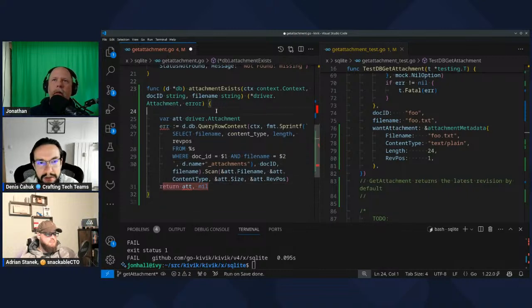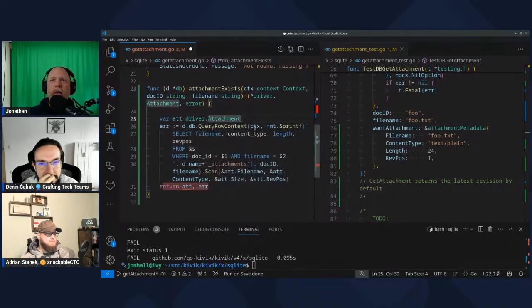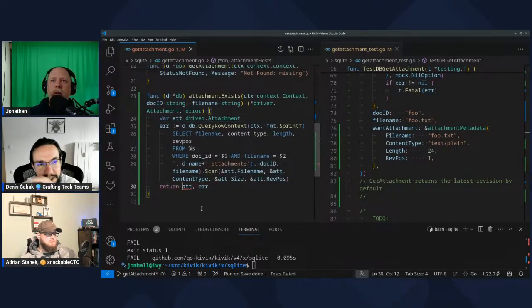What does the thing prior to scan return? What does QueryRowContext return? Oh, it returns a sql.Row. And that's a struct? I'm sure it is. Yeah, but it has that Scan method on it. And in the Scan method, you tell it by index 1, index 2, index 3, index 4 to put it into this object's fields. Okay, into the structs.